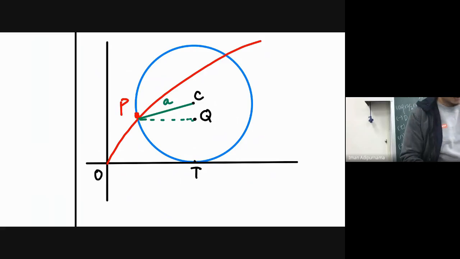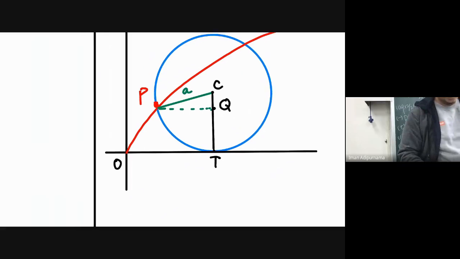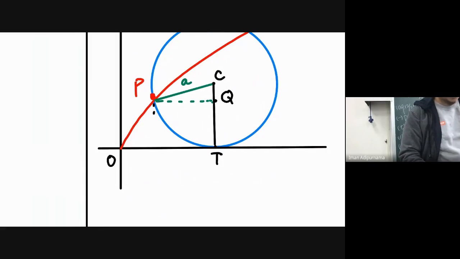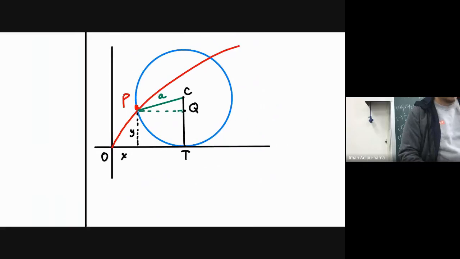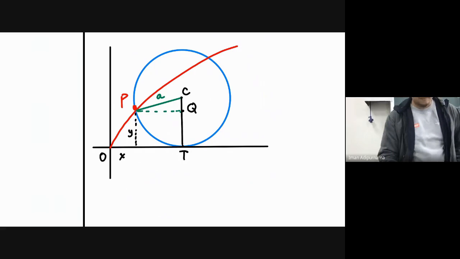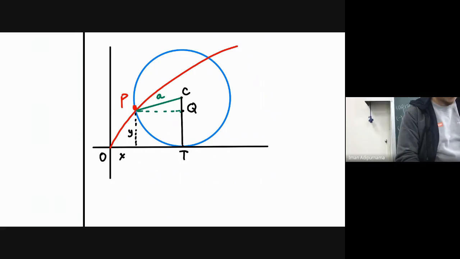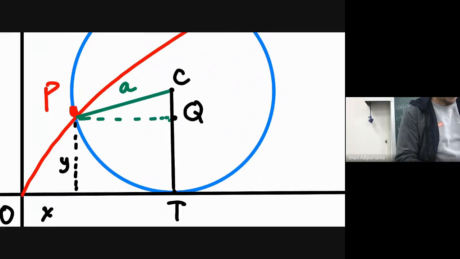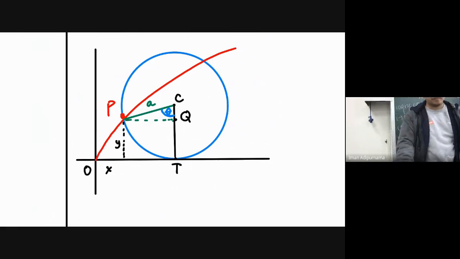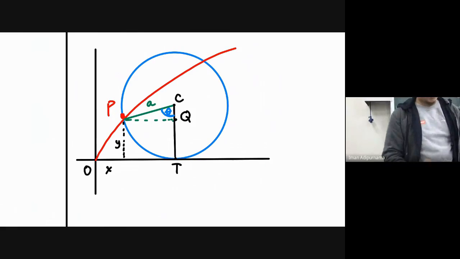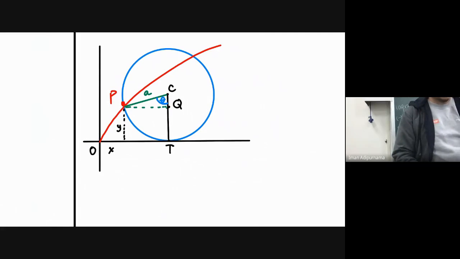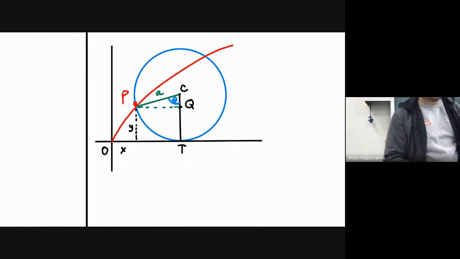And then make a segment from C to T. And then let me make some segments here to illustrate that this is X, this is Y. And if we have theta here,